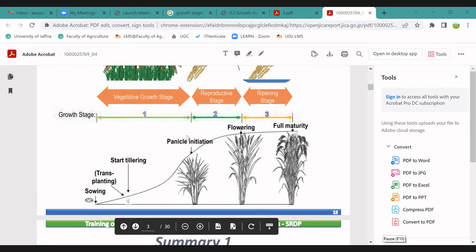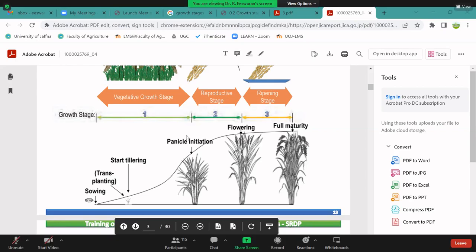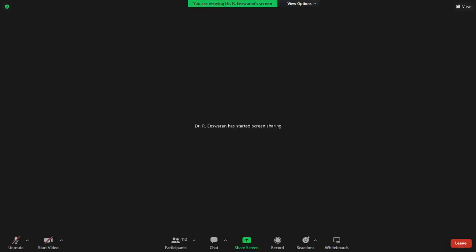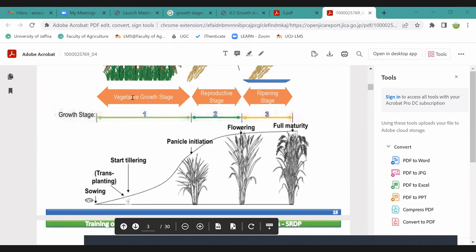Can you hear now? Yes, sir. Okay. So as the students correctly mentioned, for a 4 month variety, it's going to have 2 months of vegetative growth stage, right? So obviously it has longer time available to grow, right? And then do photosynthesis, and before it comes to this